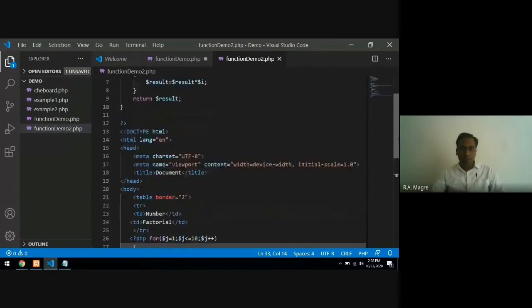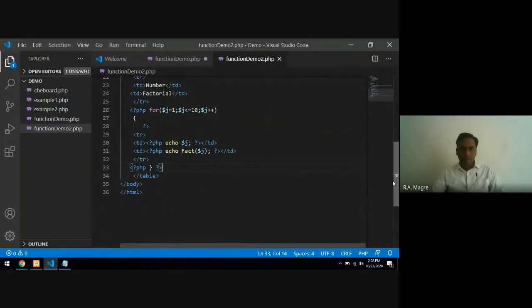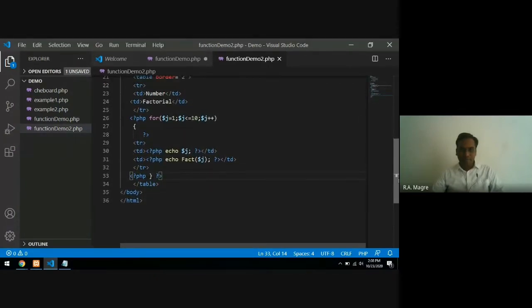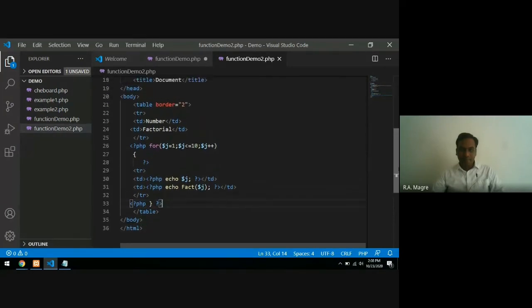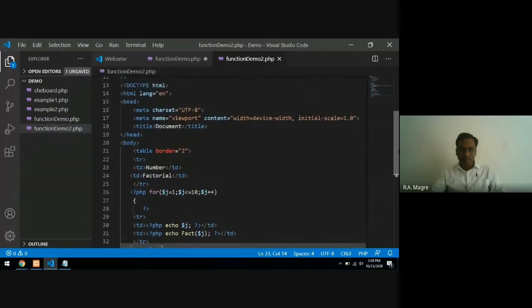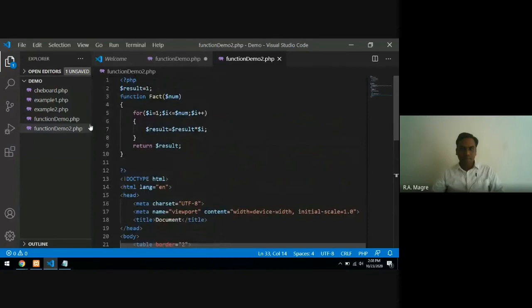Where is the error? Can somebody find it? $result equals 1, then $result equals $result into $i, correct? Return $result. All the spellings are correct.